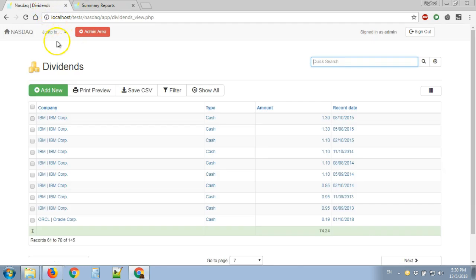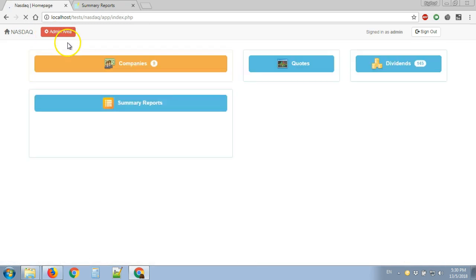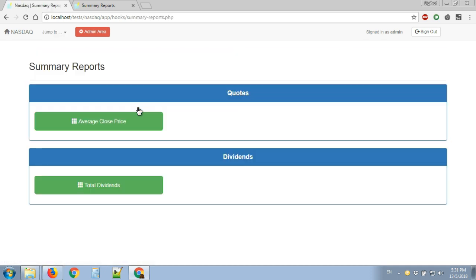We can access the reports from the home page or from the Jump to menu. So we'll see a new entry in here, summary reports, and if we click on it, we can see the summary reports page. Now we have some reports under the quotes table, currently only one report, the average close price, and the reports under the dividends table, only one report currently, which is total dividends. So let's click on average close price,